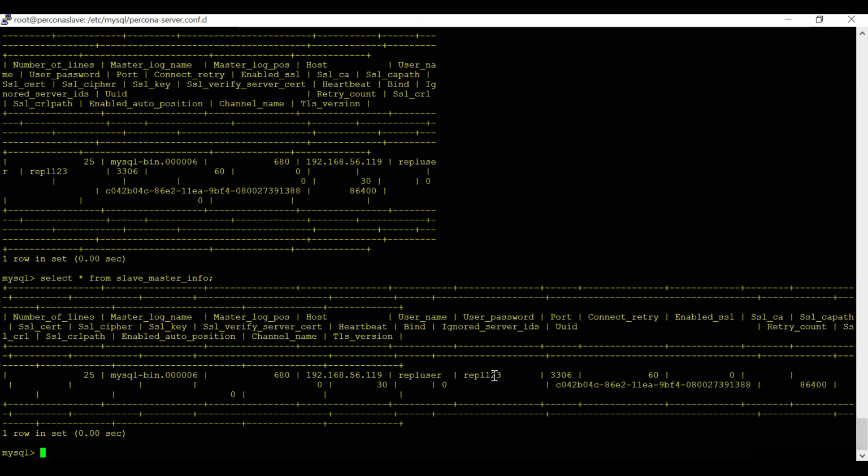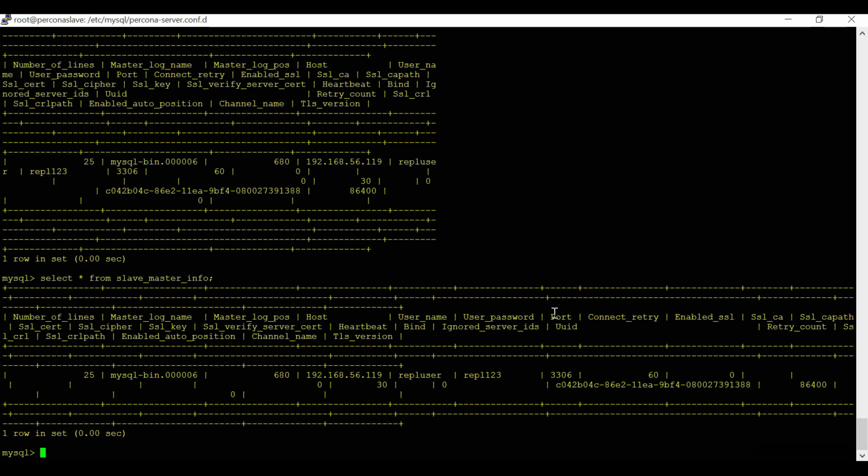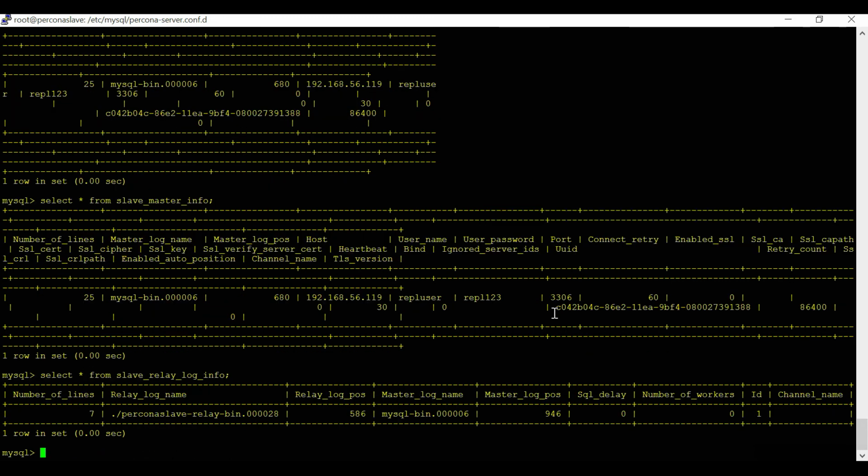Whatever master related info there is, it is storing in this one, bin 6, 680, like this. Suppose you want more relay related information too, select star from relay log information, it is also recorded. From now onwards it will keep on recording. Okay, thank you.